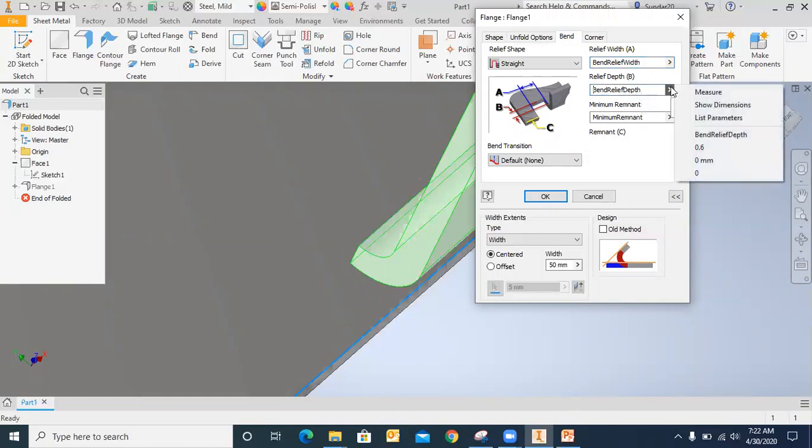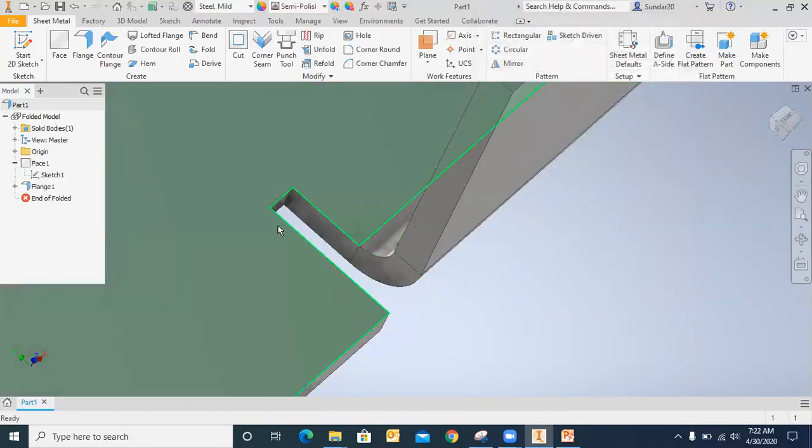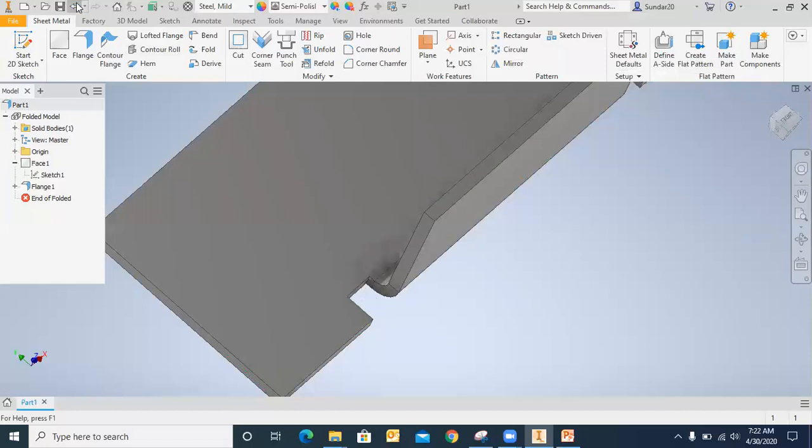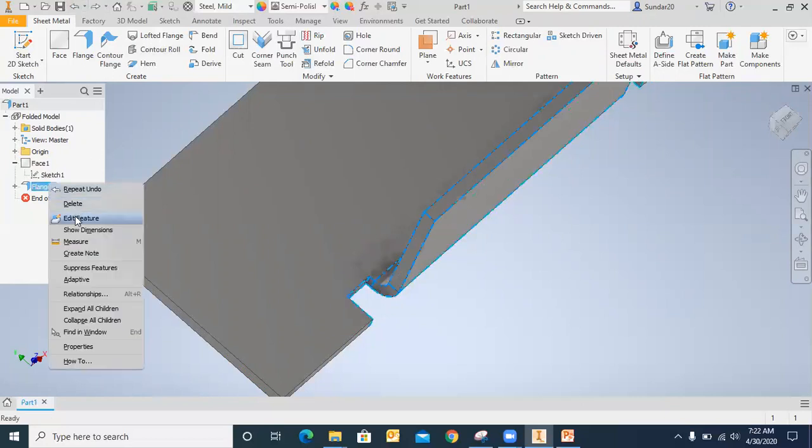So here you can see the B parameter is B here. If you want to change that, let me give, let's say, 5. Let me click OK, and you can see there is a slightly increased value in this depth value. Now we can see the difference. Okay, so in that way we are able to control